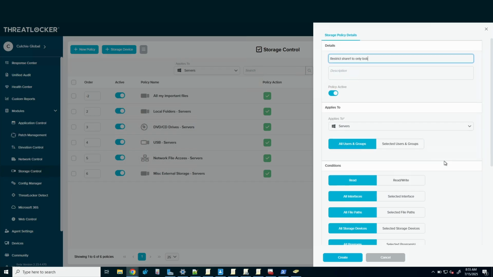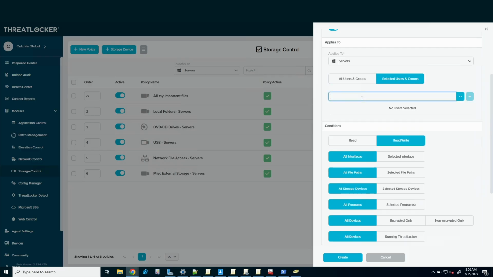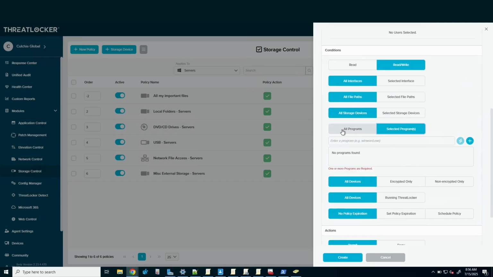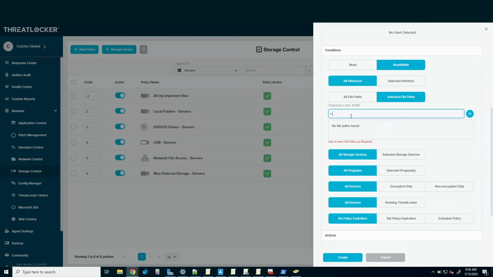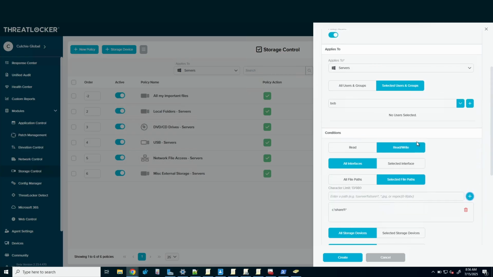Now, bear in mind, I'm looking at it from the server, so I'm not saying program. I'm saying my local folder. I can't do programs because I don't know the program the client's using, but what I can do is say my local folder is share 1, and this is going to restrict it. So to answer your question, yes, you can set a policy on the server side, and this will restrict only Bob from accessing this policy.